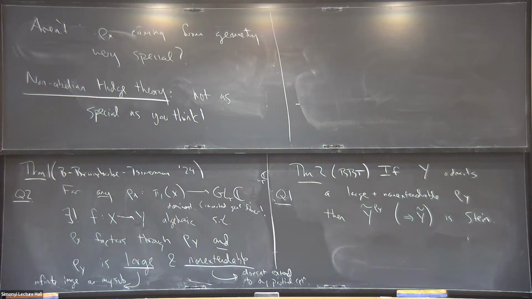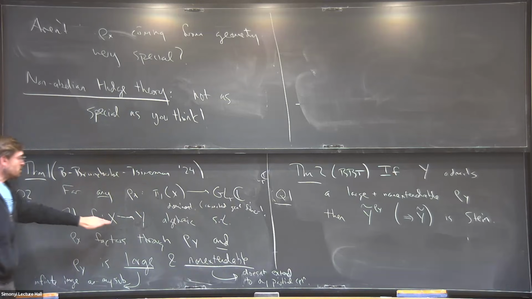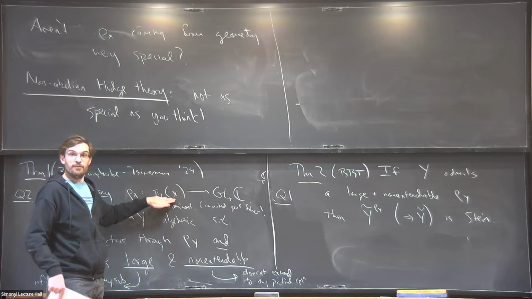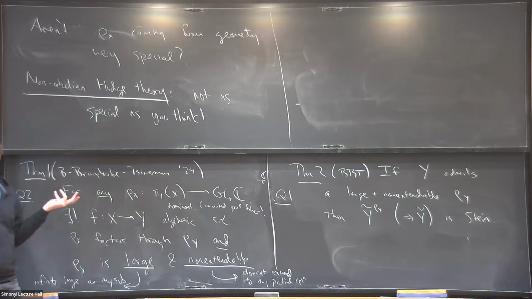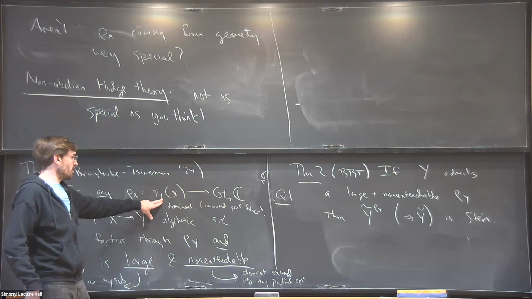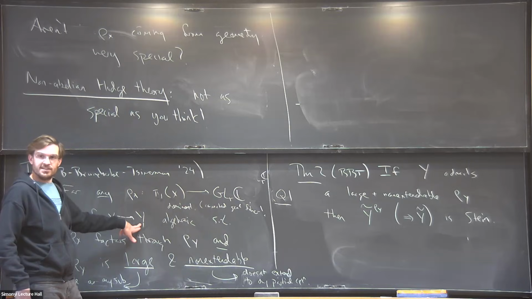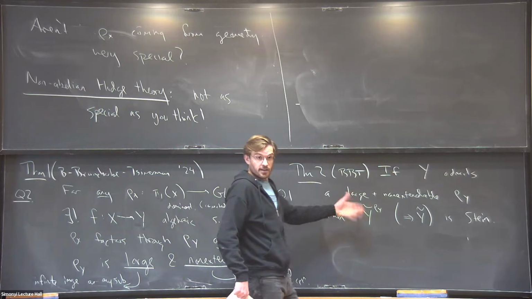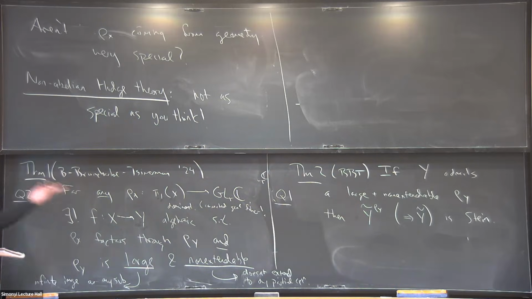Okay, so for instance, as a very simple corollary of these two theorems, this is kind of a simple statement that you can sort of take away. Whenever you have an algebraic variety which has a representation of its fundamental group with infinite image, then the universal cover has a non-constant global holomorphic function. Because if it has an infinite image representation, by this theorem, this Y is not zero-dimensional, and then by this theorem, it has non-constant holomorphic functions, which you can then pull back to X.